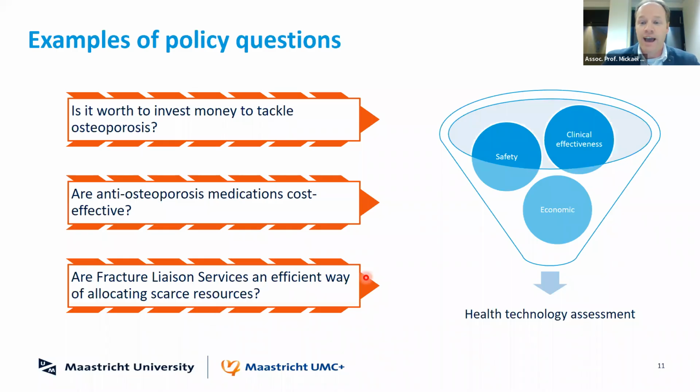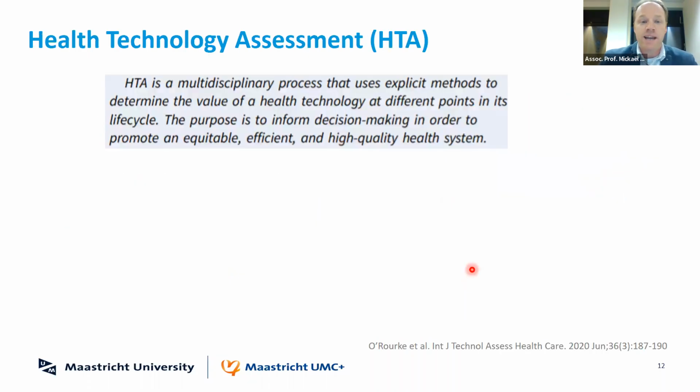We need to look at the clinical dimension, the clinical effectiveness and the safety, to answer these questions, but also at the economic side, because we really need to look at the value for money and the affordability of health interventions. And this logic of safety, clinical effectiveness, and economics comes together in what we call HTA, the Health Technology Assessment. And on this slide, you have a definition of HTA